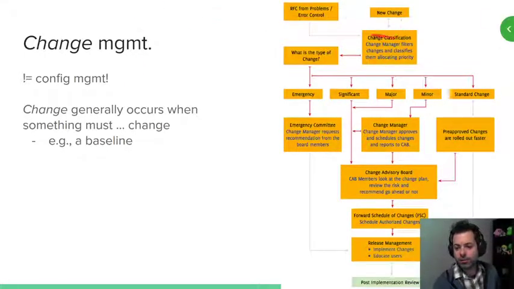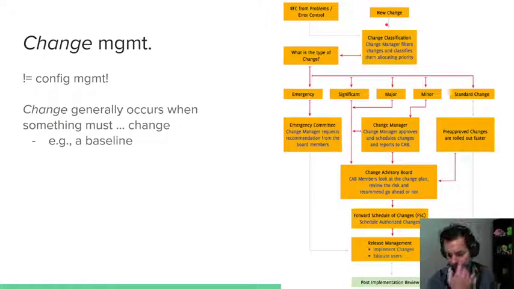And we have a little flow chart here, not little, it's kind of big actually, where we have a process for the process. We get 30 layers deep into processes. It's processception. But why do we have to make this change? What type of change is it? Do we need people in charge of the change? Or is it like a simple developmental change where you give it to your team? Or do you need something a little bit higher up? So there are still going to be processes for how you do pretty much everything.